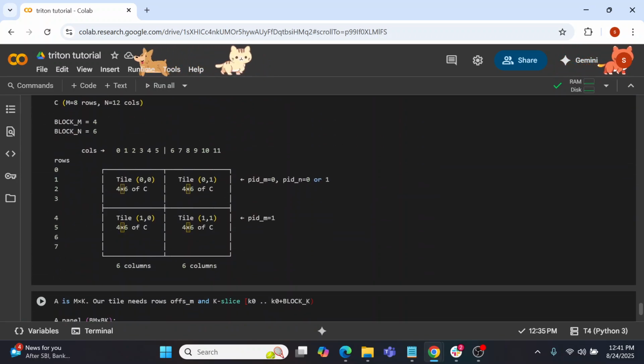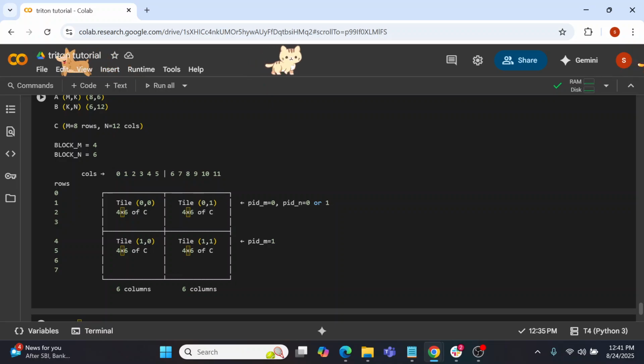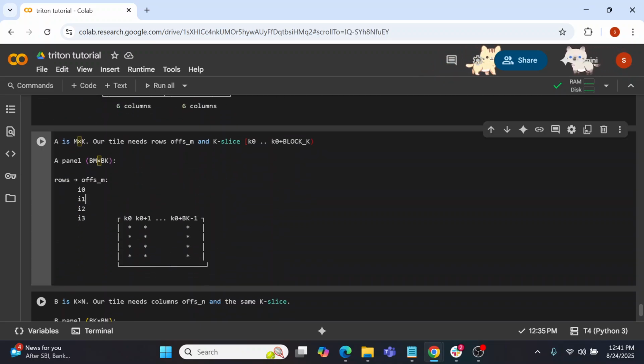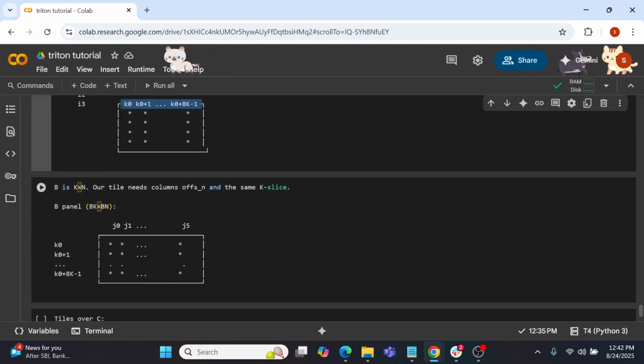So we covered this when we were multiplying. Now the kernel that you saw is actually the tile computation for each of these tiles. This is the output tile, but to get this output tile, this is typically what happens. This is A, with dimension m by k, but on the k side we are picking up in blocks of k. For example, to get that output on the row side, you have to have k columns, right? So you take k0 all the way till block of k,